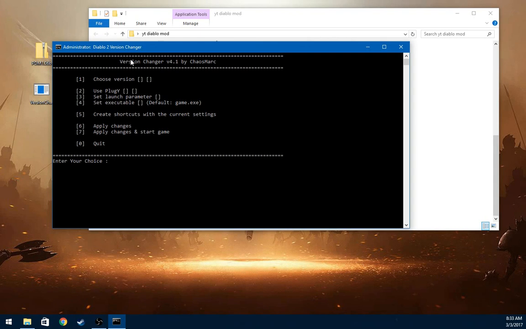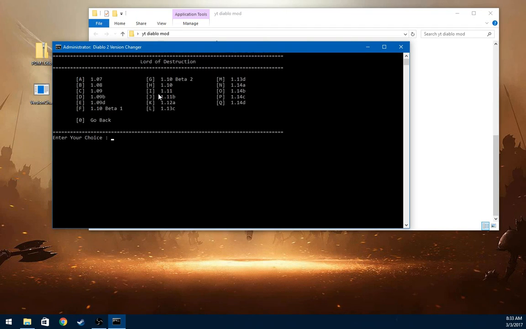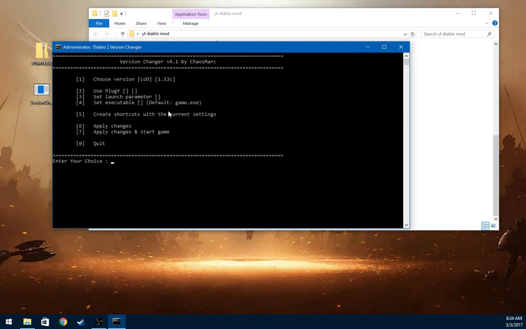1.13c. All you do is, it says down here enter choice. You just click 1 and then you click 2 and then you click L and then you click 6. And there you go. As you can see, it is updated: Lord of Destruction version 1.13C, or Charlie, however you want to say it. And then if you want to test that it's working,